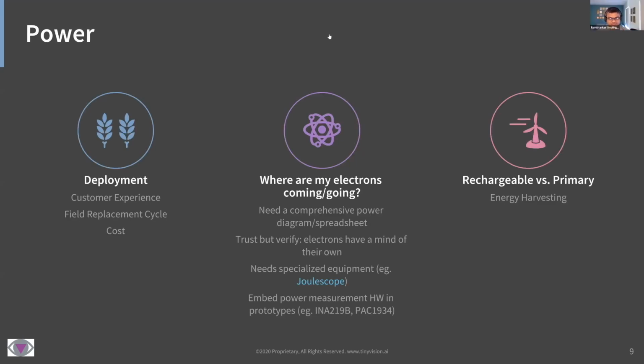If you leave out the slide, I had a couple of comments to make on this as well. The field replacement cycle cost, I'm very glad that you brought that up, because that is absolutely something that most people don't talk about, but it becomes very critical. One example that I've heard is in retail environments, if you're replacing a person who's going and monitoring the shelves with cameras, but then you need a person to go and change the batteries every 3 months on the thousands of shelves, then you're basically just moving a cost from a person doing task A to task B, and are you really getting the benefit of that? And the customer might not be willing to bear that cost.